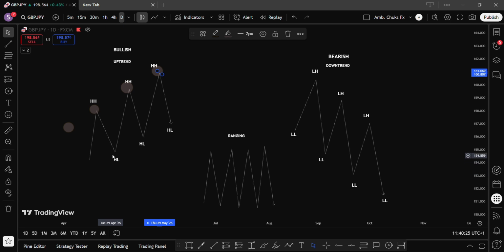And then the lows, the same thing. Why is it called lower low? Why is it called lower low is because the previous low is lower than this low. This low is lower than this one. So that's why it's called lower low. Sorry, higher low, higher low, higher low, right? Why? Because this low